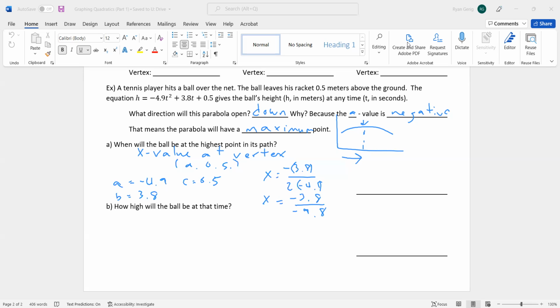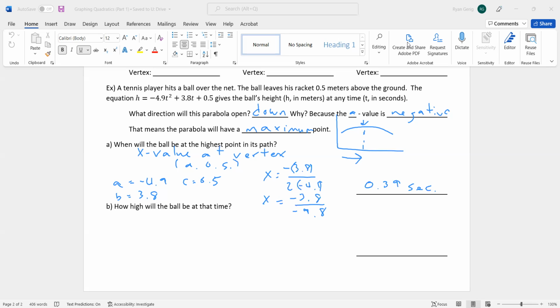Okay. So we're going to say 0.39 seconds. Positive, right? Okay, so round to the nearest hundredth. Normally I'll say what to round it to. I didn't say it here, but 0.39 seconds is what it's going to take for the ball to get to